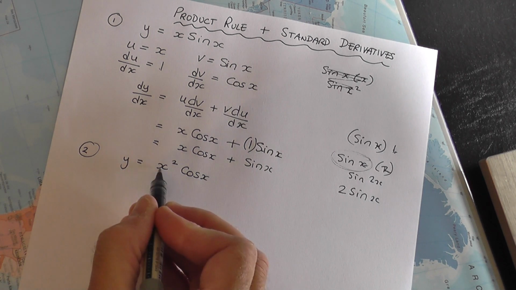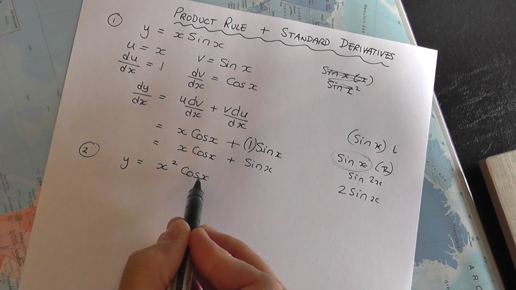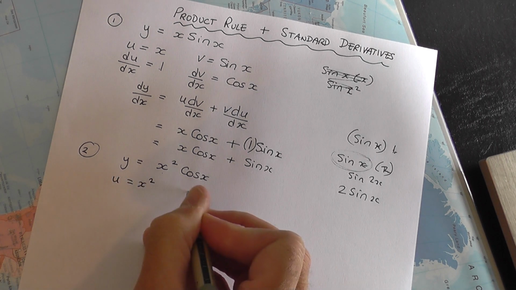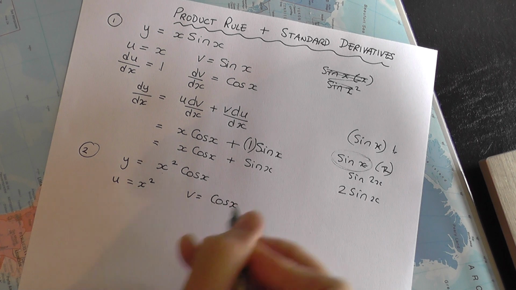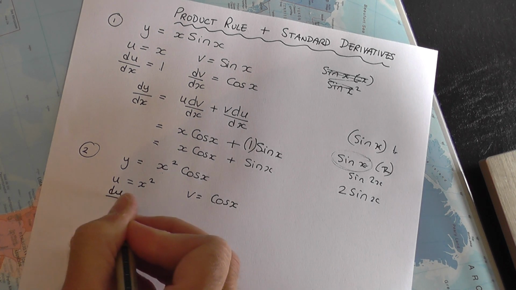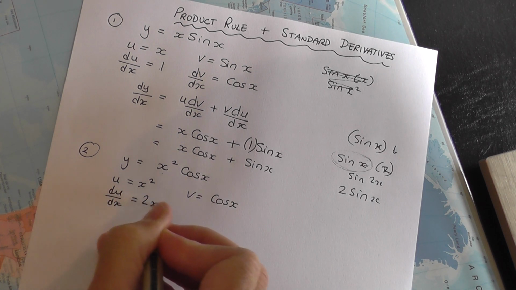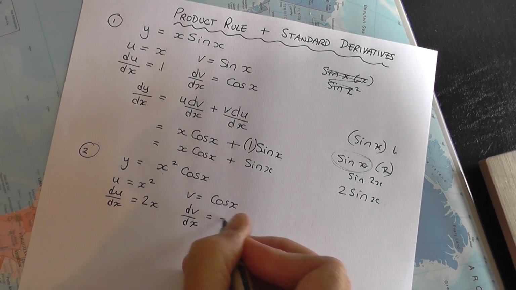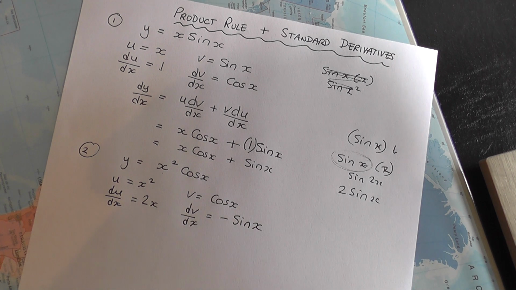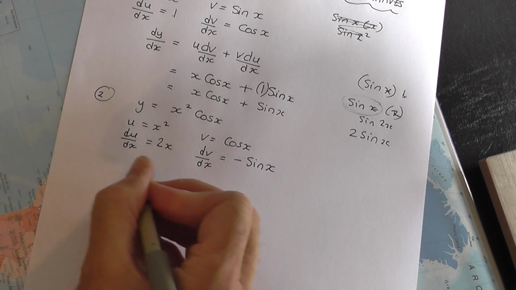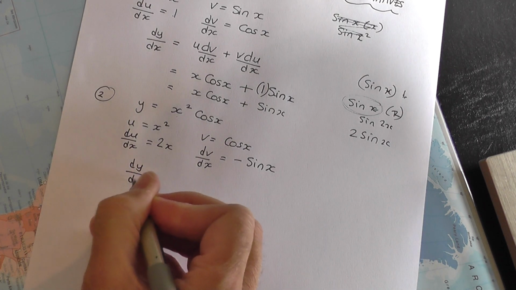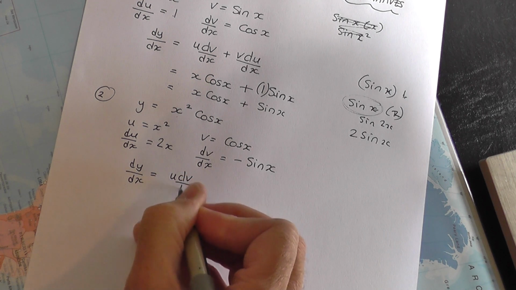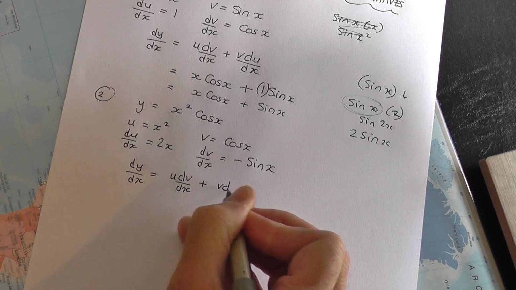Okay, in this case, you've got a product of two functions, x squared times cos x. So u is x squared, v is cos x. So du by dx, which you need, will be 2x, and dv by dx, a standard result you should learn, is minus sine x. You now write down the product rule. So dy by dx will be equal to u dv by dx plus v du by dx